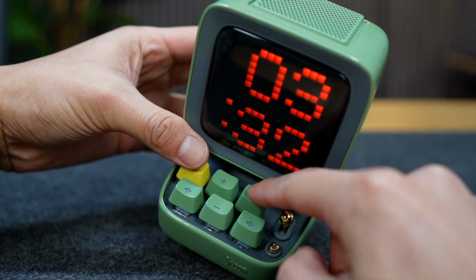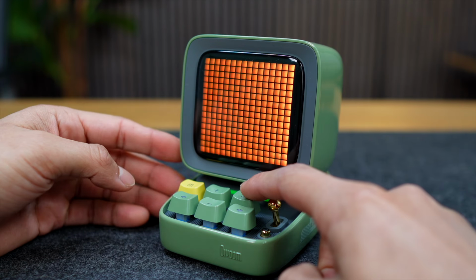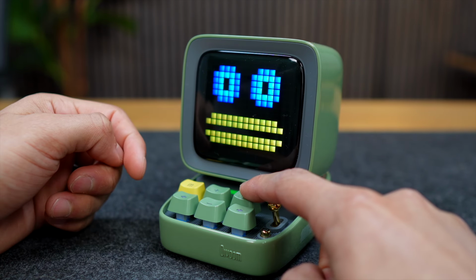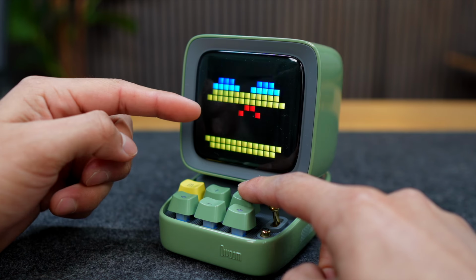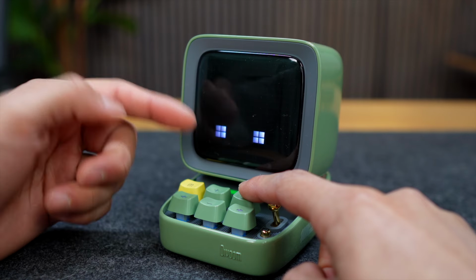Now this button is basically going to change the screensaver right now. So currently we have the clock on, but when I click it, it changes to this orange icon, a heart that says hot, this weird figure that moves around. And this, oh, okay. It literally moves around as I talk. This over here, and then song,